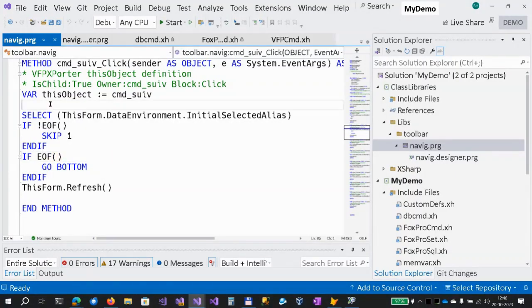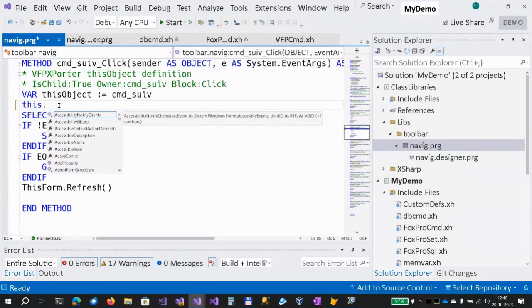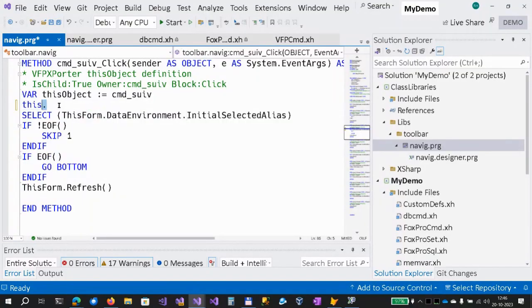So inside this method, we can still do this. Then we see the standard Windows Forms methods for the form class, because this code is now part of the form. For compatibility, we also added this form, because that's what you were using in the FoxPro event handler on the button. Now this form is technically identical to the this in the context that we are in now. So we didn't have to change a lot of code. Those changes that we make are documented.